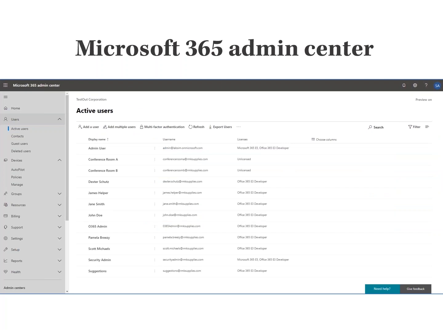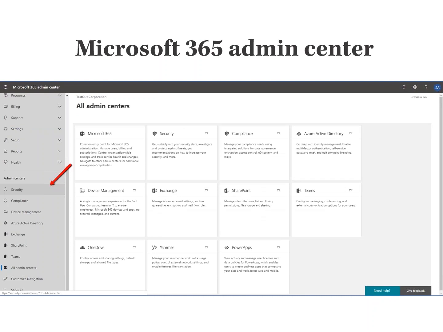This one is the Microsoft 365 Admin Center. Very similar, as you can see on the left-hand side there, this is where you would manage Autopilot and active users and pieces of those. I'm going to go to the next slide here. This is a little lower down on the Microsoft 365 Admin Center. The interesting thing about this is they've consolidated a lot of the management tools together, and you can get to most all of them at least from within the Microsoft 365 Admin Center. But you can see that each one of these squares on the screen is a new management console that is new and different and web-based and complex and multi-layered in its function.